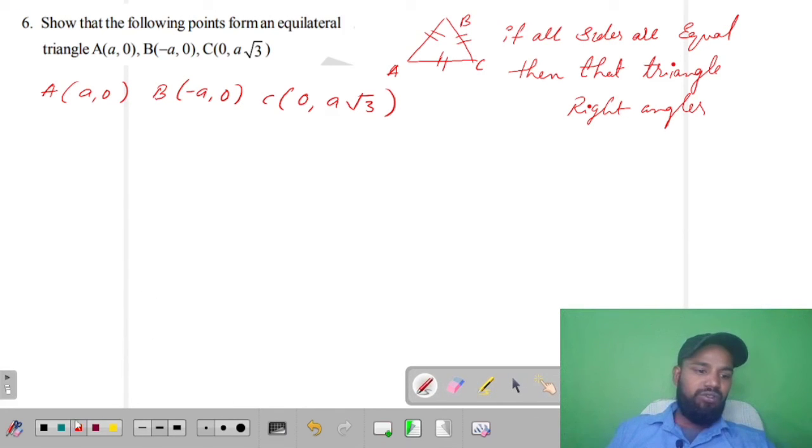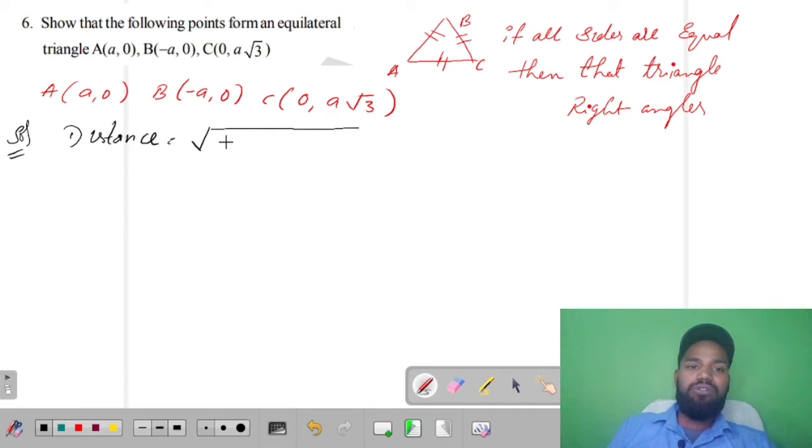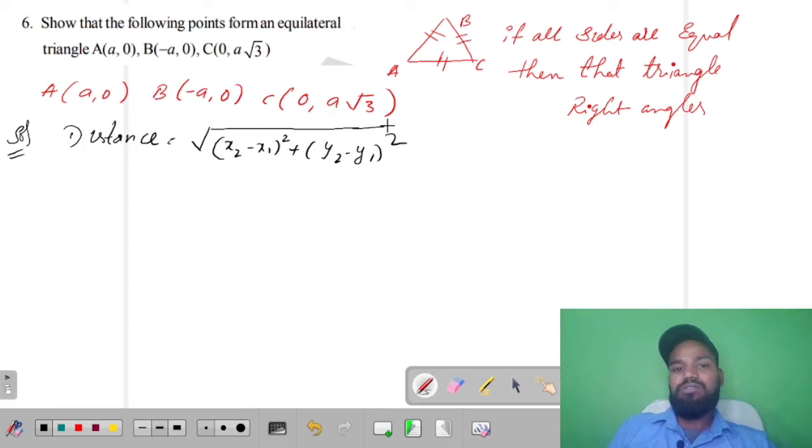Okay, so first of all, the solution is the distance formula. What is the distance formula? Distance equals under root x2 minus x1 whole square plus y2 minus y1 whole square. So this is the distance formula, right? So now first I am taking AB, right? AB equals under root,